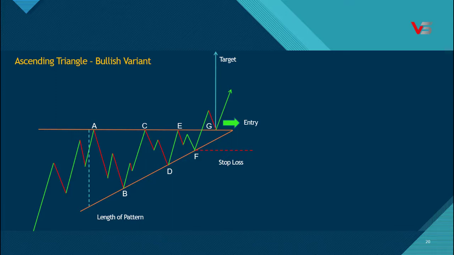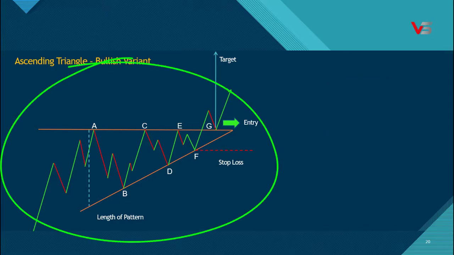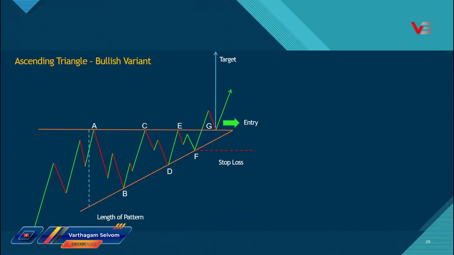Then next, when should we enter the market? First, the price should break out of the support line of A, C, and E. Once the breakout is done, we should enter above the previous candle after the breakout, or we can enter in the retesting zone. Then your target will be the length of the pattern between A and B. Your stop loss should be F. Also we have to note one thing on risk-reward ratio. The risk-reward ratio in this pattern is normally 1:3. So the probability of making profit is huge in triangle patterns. Next, we will see the ascending triangle pattern for the bearish variant.